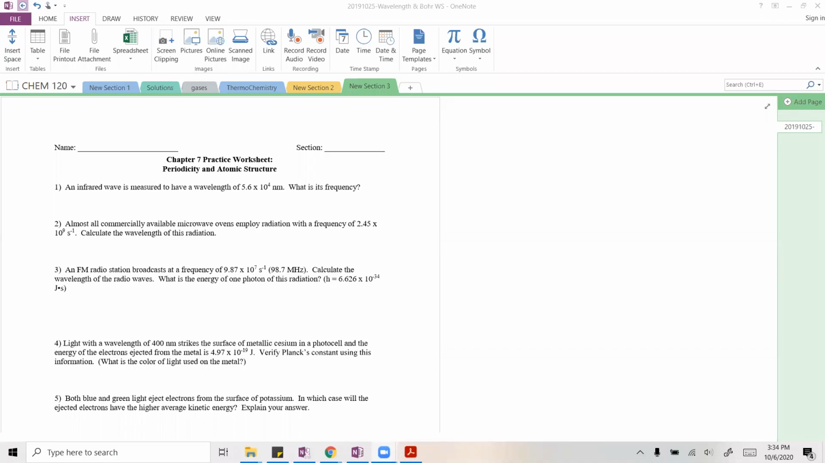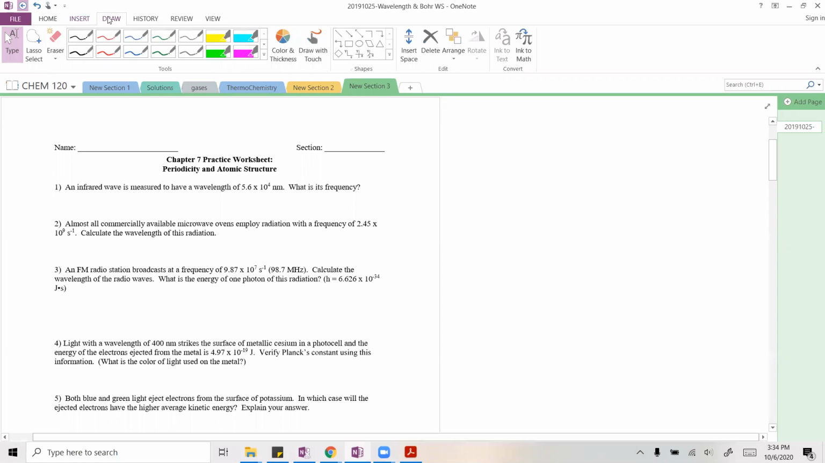Okay, so this is going to be our problem solving session for our chapter 7 worksheet. And this one's going to be looking at periodicity and atomic structure. For this one, we're going to be looking at how we can convert our wavelengths into energies and frequencies. Now, the thing to remember